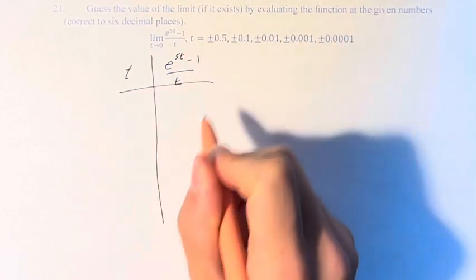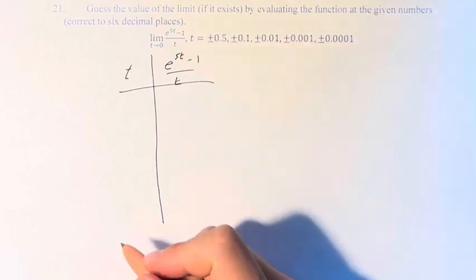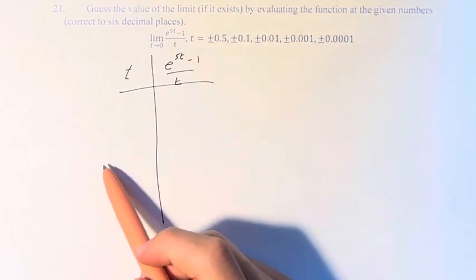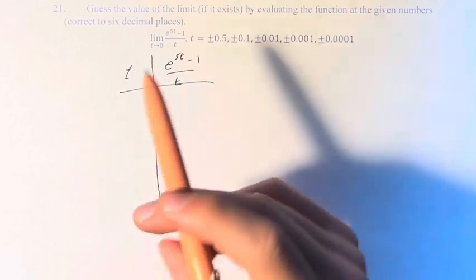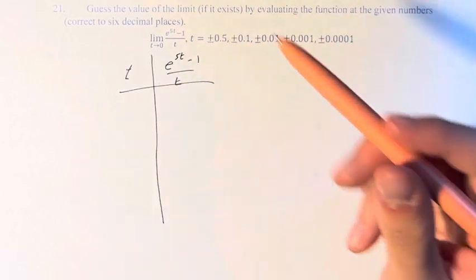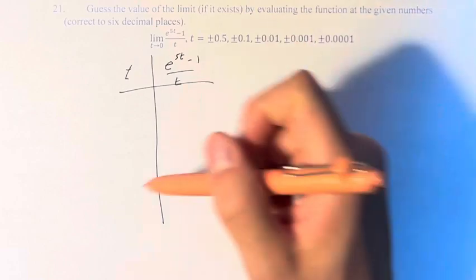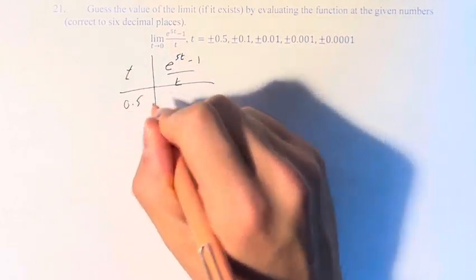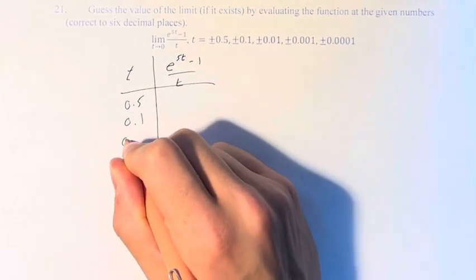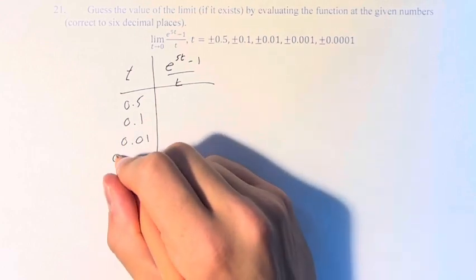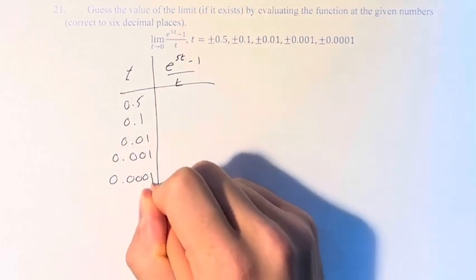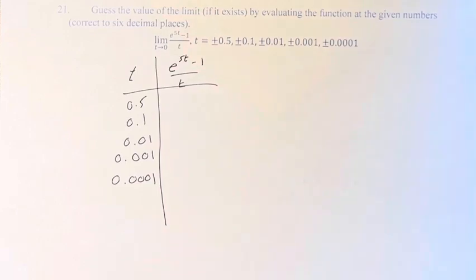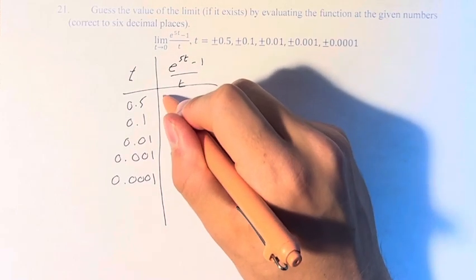And of course, this is something you're going to be plugging into your calculator. But first, we have all these values, positive and negative. So first, let's do the positive numbers. Coming at 0 from the right: 0.5, 0.1, 0.01, 0.001, 0.0001. And if we evaluate these, we get the following: